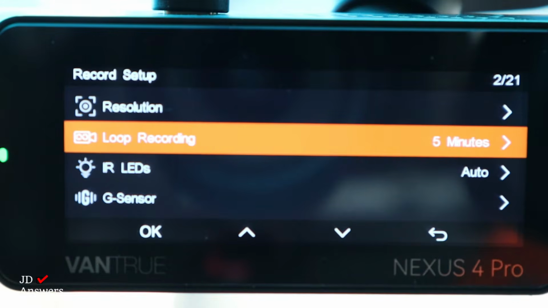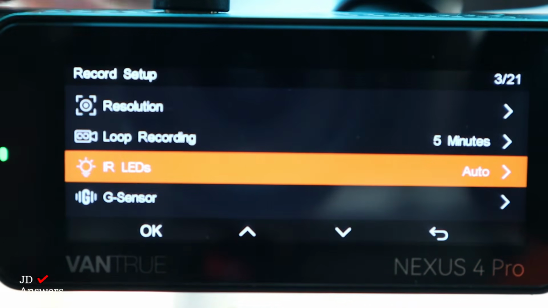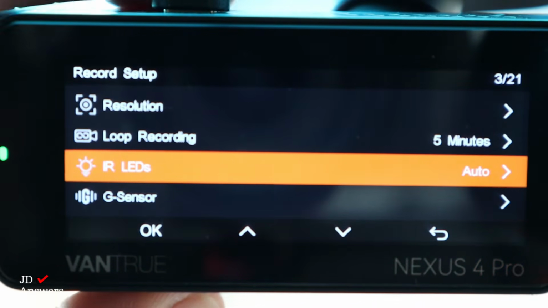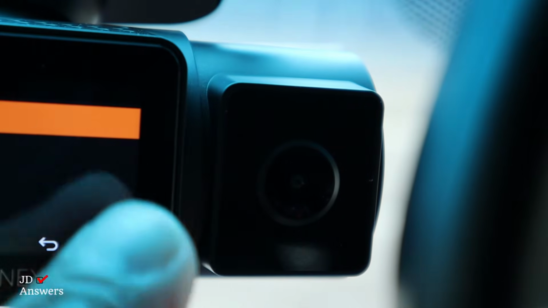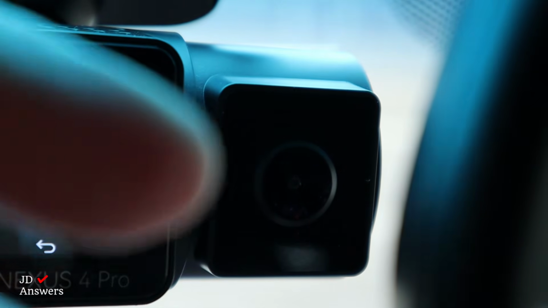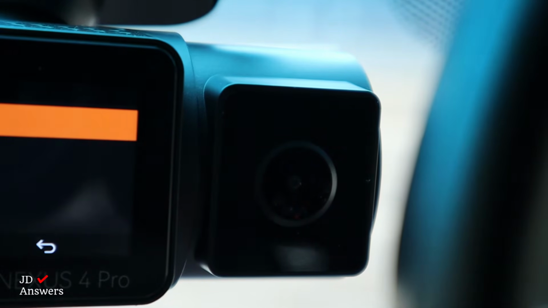All right, next one down is your IR LEDs. Now, what this does, if you get into it, turn it on, you could automatically turn on, or have it all the way off, or leave it all the way on. And what this does, it brightens up the dashcam for the inside cabin right there. So around there, there's going to be some lights that come on,